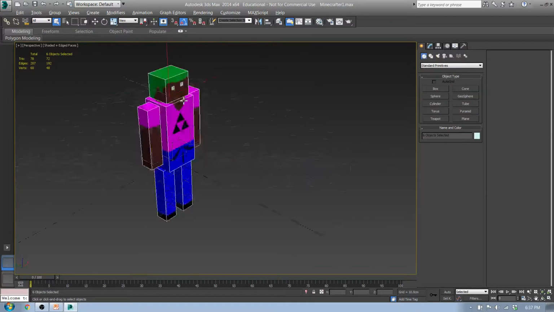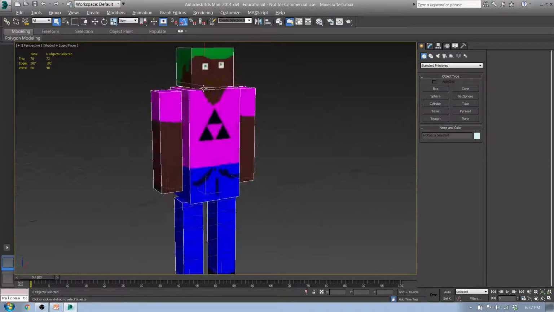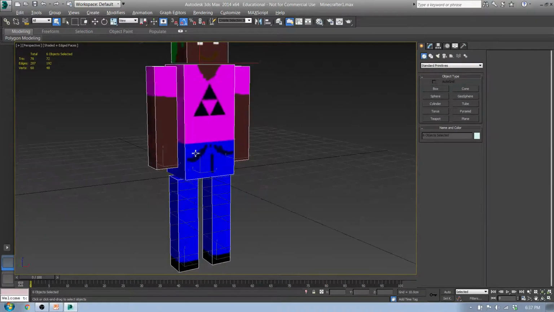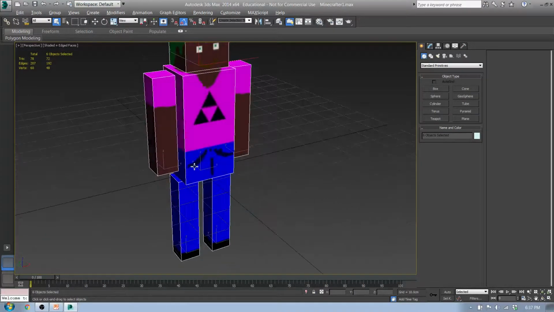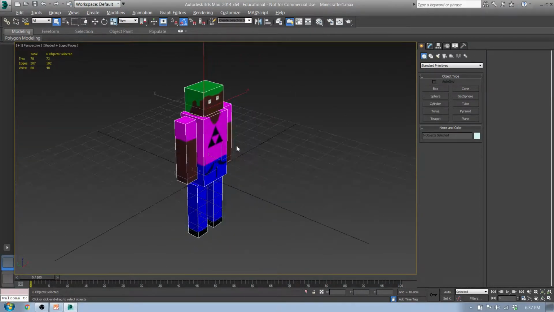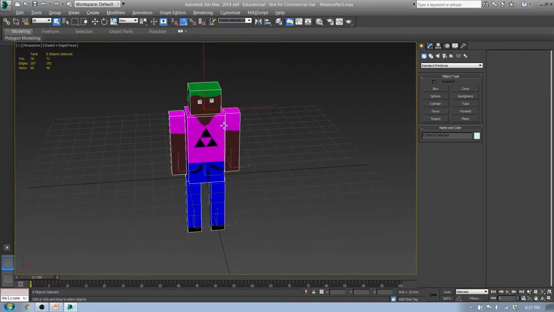Cool, cool, cool. Alright, so we've got our person here. They're blocky and you know, they look like they're out of Minecraft. So we are ready to go for tomorrow. You can take some more time, make your person look really fancy. You can give them pictures. You can put Nicolas Cage's face on them, make them look like Shrek. Whatever you want to do. So yeah, that's great. So take a few minutes, make it look really cool,